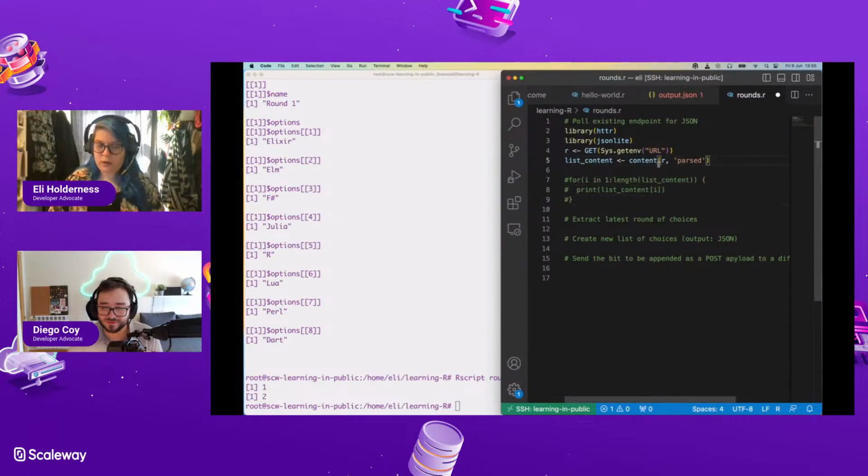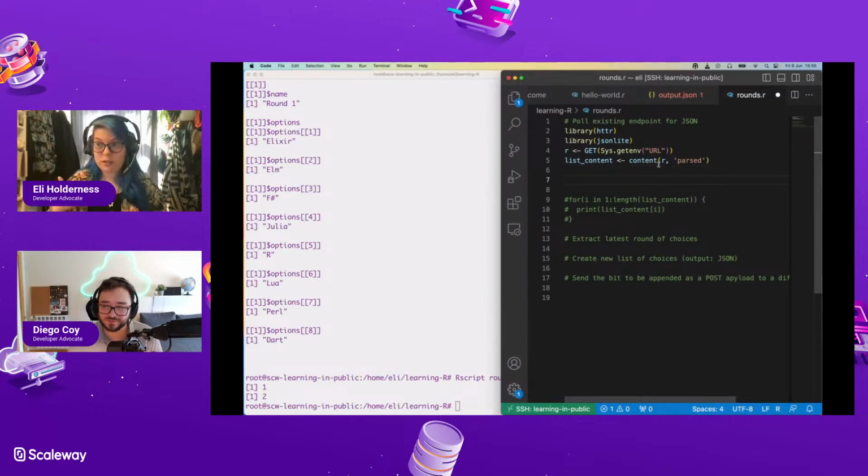What I want to do is dig down into the first element of this list and its nesting and see how we can access inner things. So print list content. And I'm going to assume it's 1 indexed because this starts at 1 here.